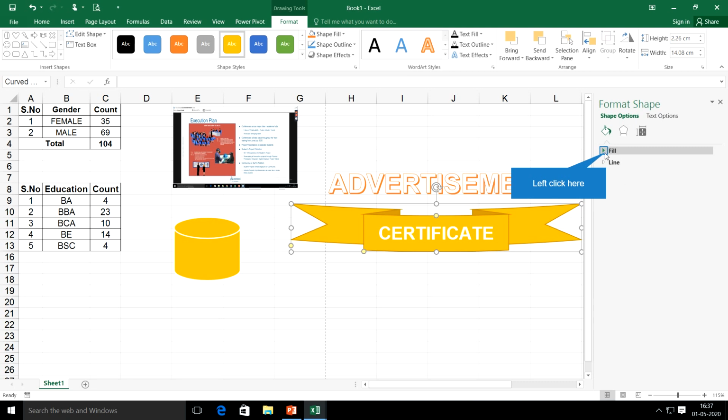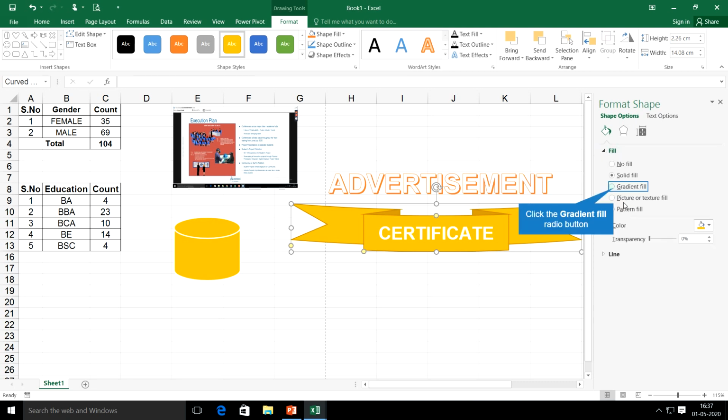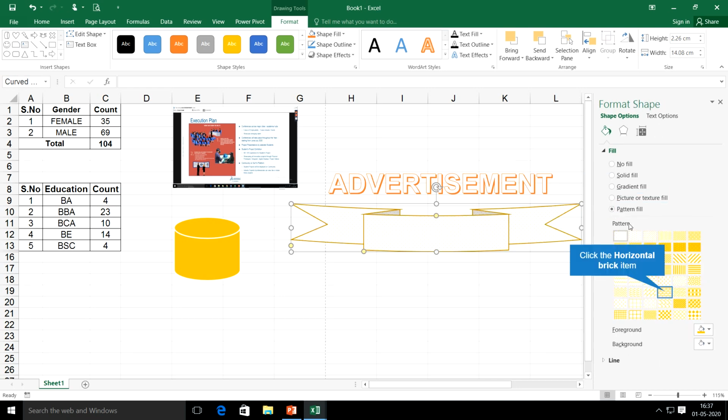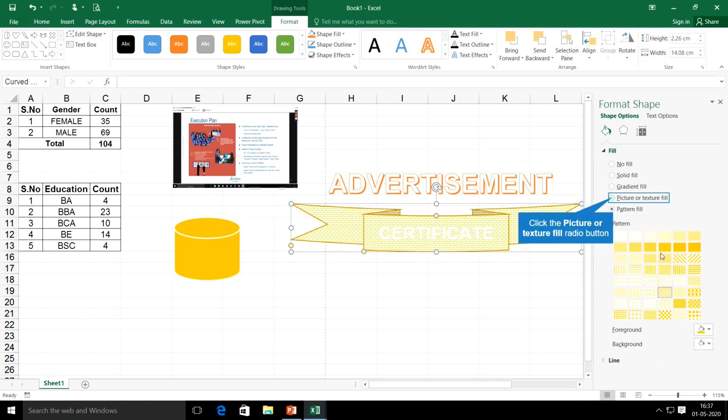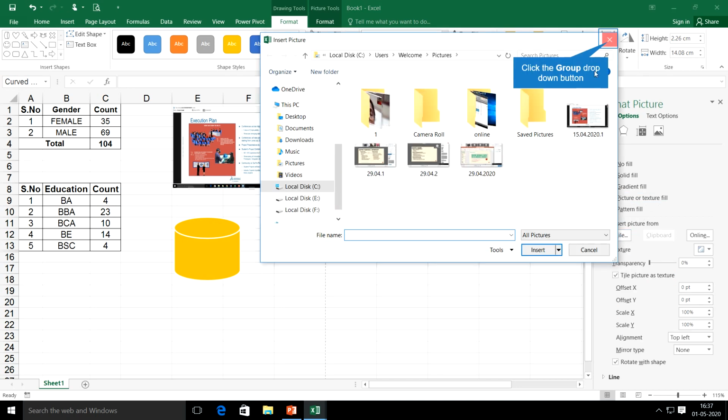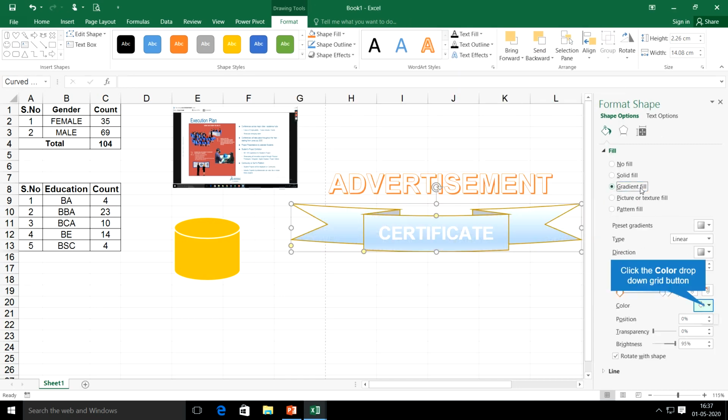There I can go with the fill option. In the fill option I can go with this type of options also. Every option will give you some predefined designs. Okay, gradient fill. In this, if you want to change this blue color to some other color, change the color here.